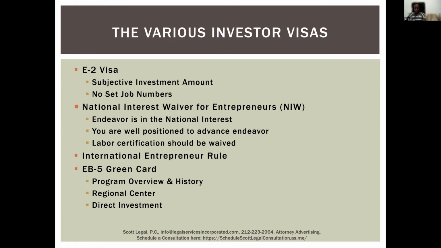They won the lawsuit, and the district court said that the $900,000 amount was not legal, so it went down to $500,000. So that $500,000 amount was available for direct investment EB-5s from the end of June up until March 11th, and then on March 11th, they revamped the rules.